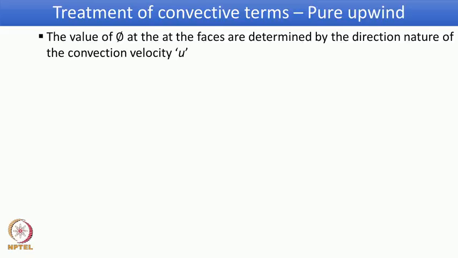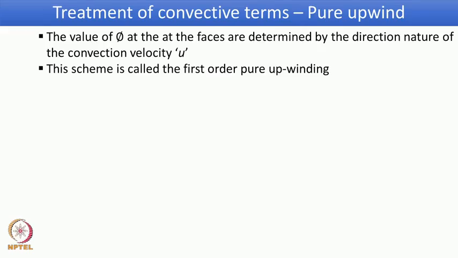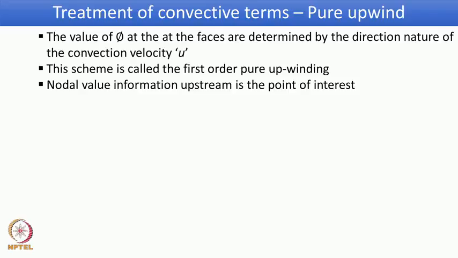With respect to the coordinate definition, the convection velocity direction is also decided. The scheme decided based on the direction of the convection velocity u is what is known as pure upwinding. Here the nodal value information upstream of the node of interest is considered